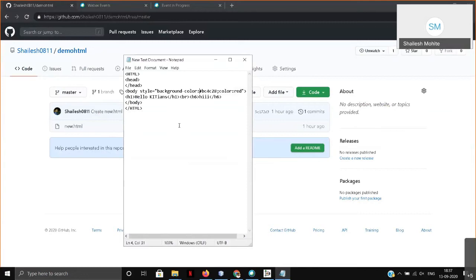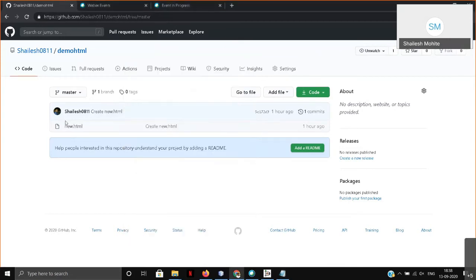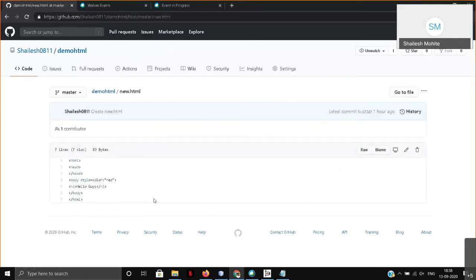then simply copy this entire code. If you face any difficulty with the pull or push commands, copy this entire code from here, minimize this, and open your Git repository where you have your HTML file. Here you can see an edit button, edit this file. Click on it.